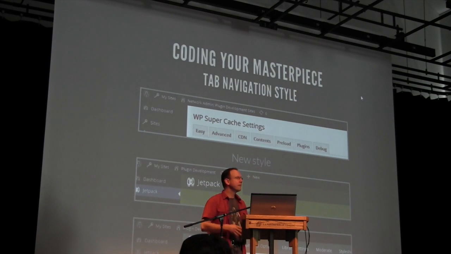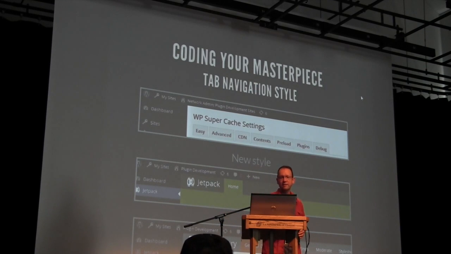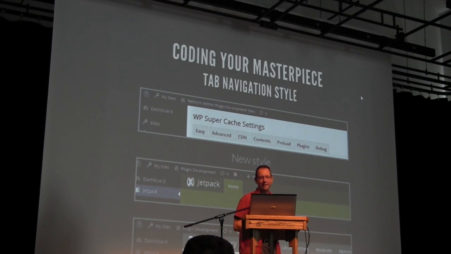Still in the domain of interfaces, consider how you're going to be laying out the plugin. If you have a lot of configuration options for it, you may want to go with a tabbed approach. And the only thing I wanted to point out here is there's a few different ways of doing it. A lot of older plugins have done kind of a square traditional approach, as we see up top for a plugin like Supercache. Or there's kind of a newer style that Jetpack introduced with version 3.